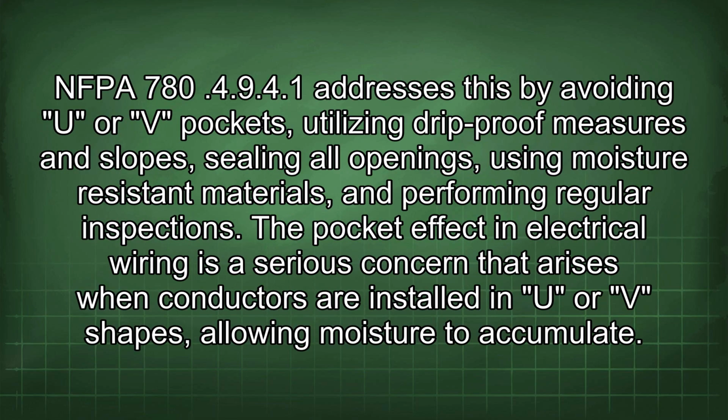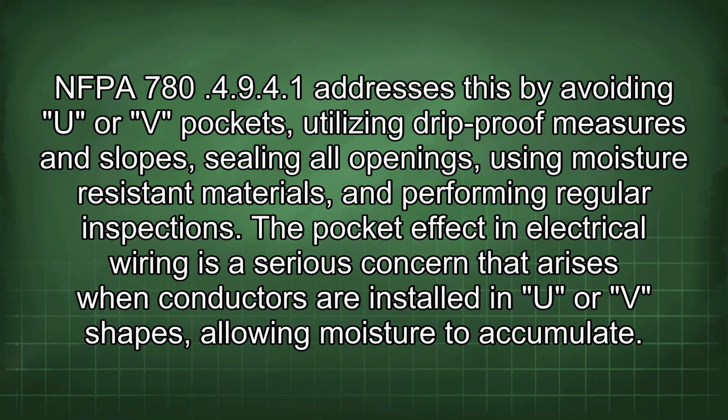NFPA 784.9 addresses this by avoiding U or V pockets, utilizing drip-proof measures and slopes, sealing all openings, using moisture-resistant materials, and performing regular inspections. The pocket effect in electrical wiring is a serious concern that arises when conductors are installed